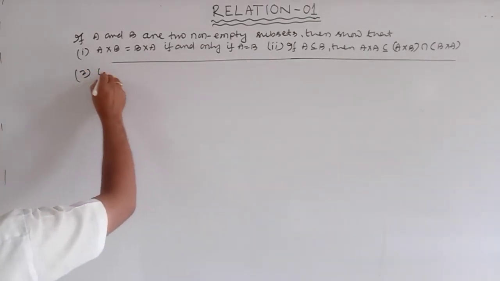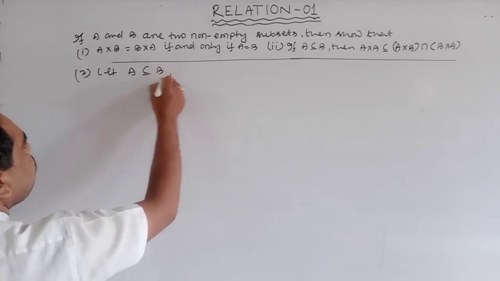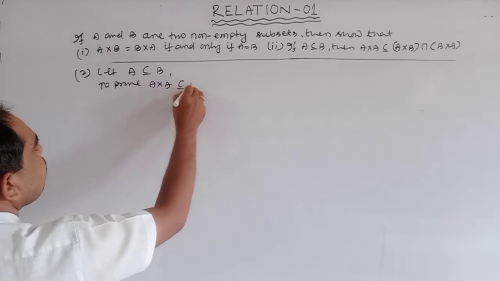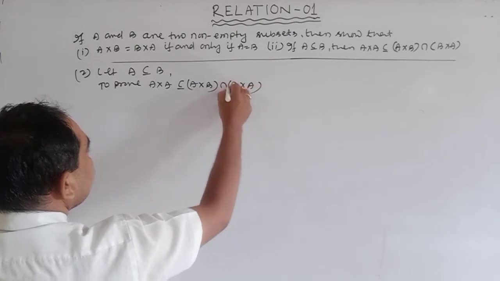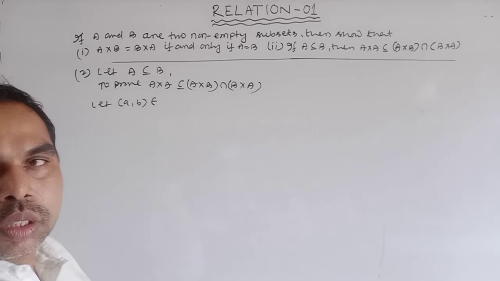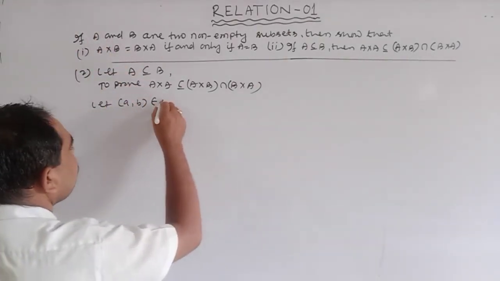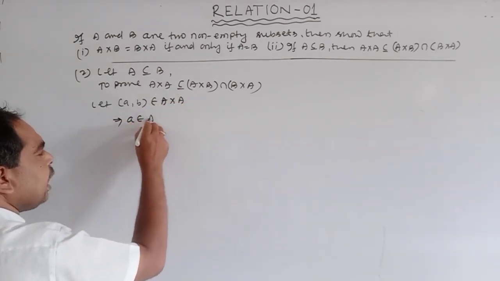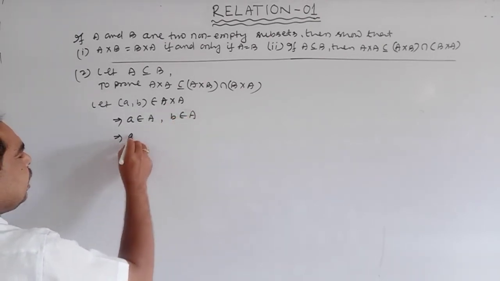Number, let A be a subset of B. Okay, to prove A into A is a subset of A into B intersection B into A. Okay, so let ordered pair A comma B belong to A into A. So this implies A belongs to A, comma B belongs to A. So implies A belongs to A